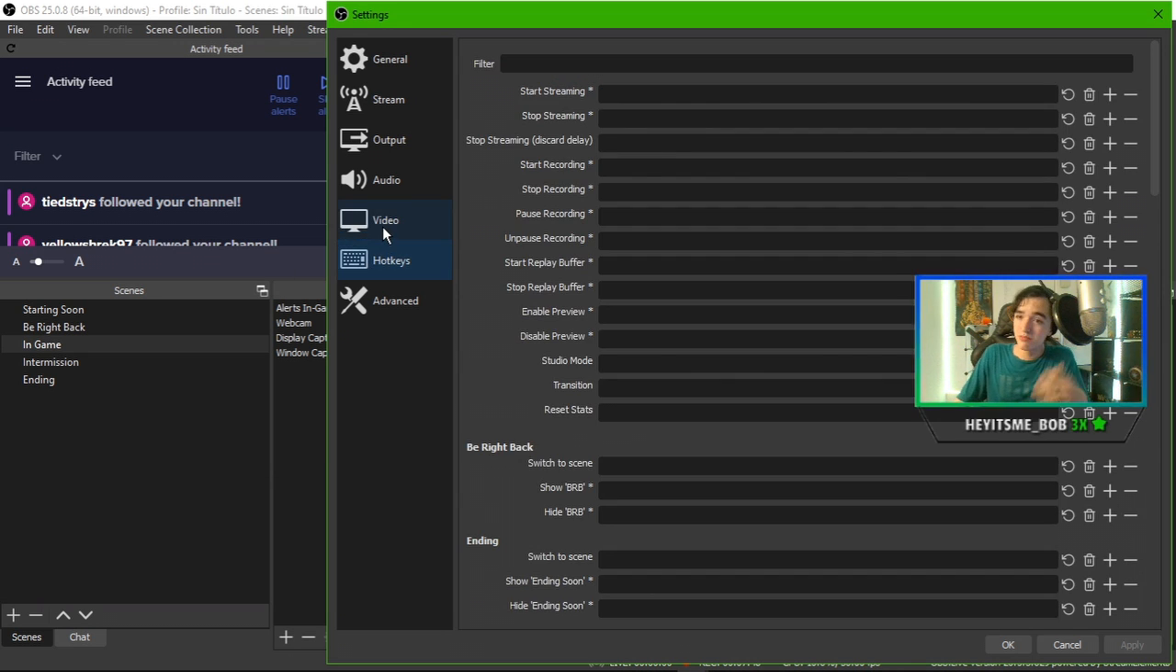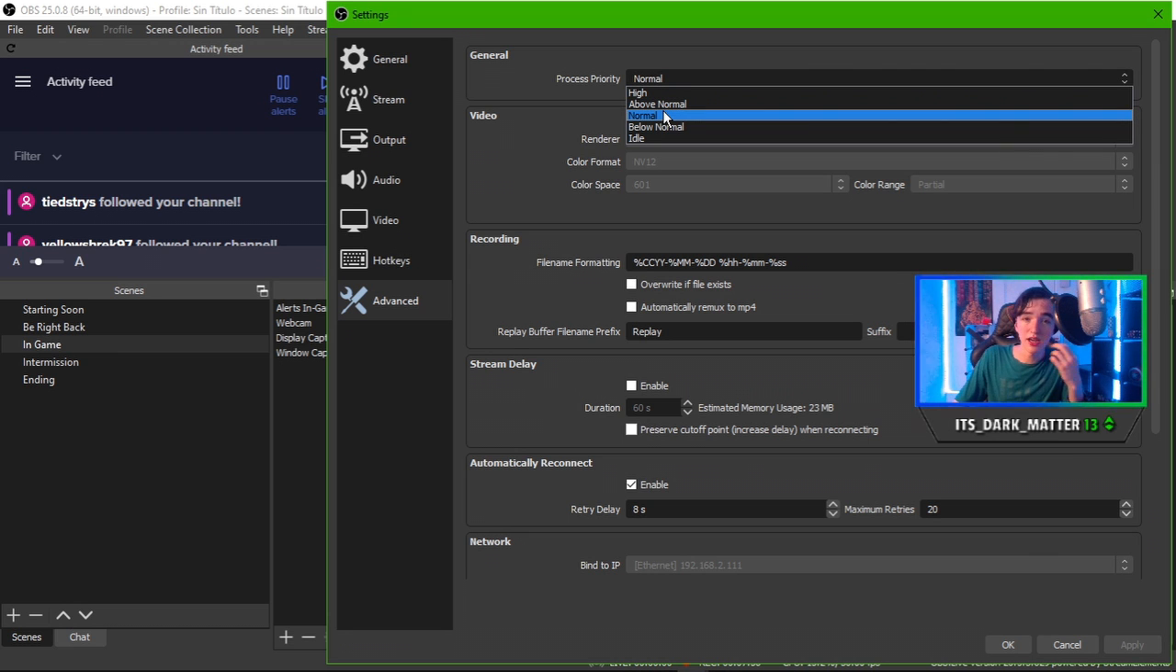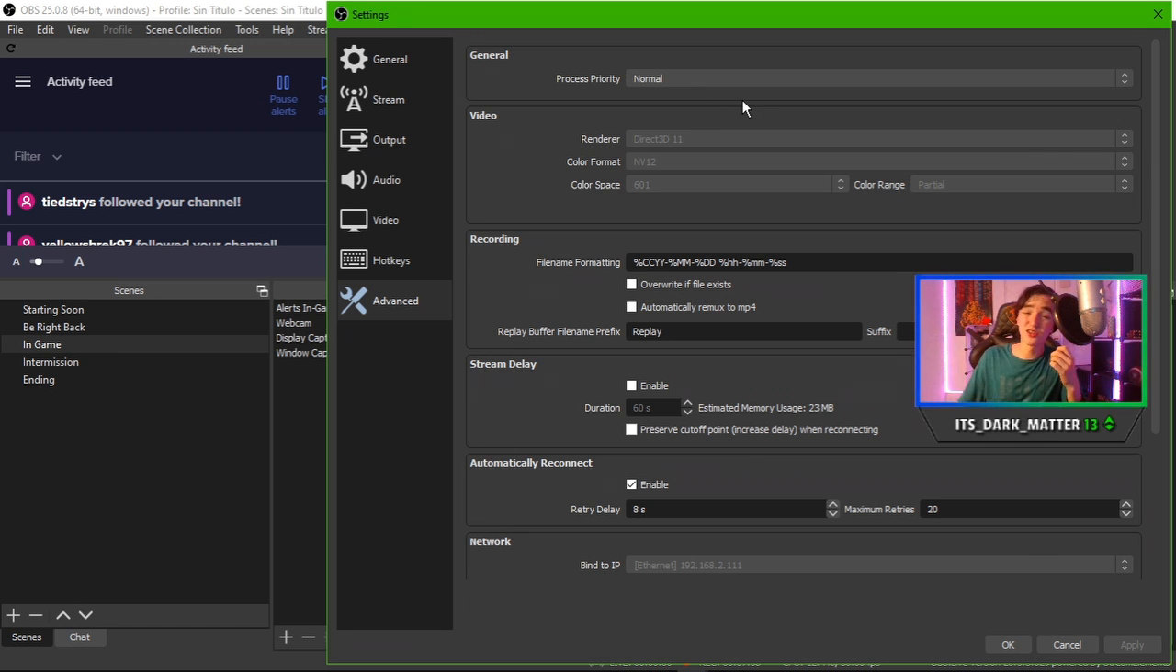Now, the hotkeys, that really depends on you. I don't think they actually use that many CPU. And finally, your process priority should always be set to normal or above, okay? I'll also recommend, please